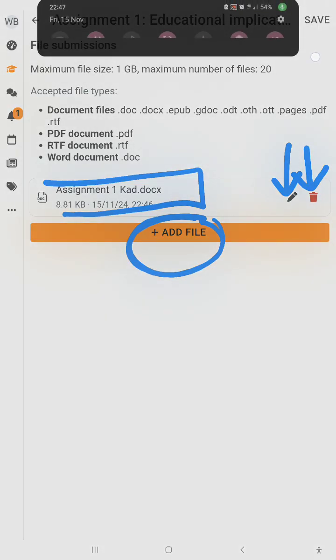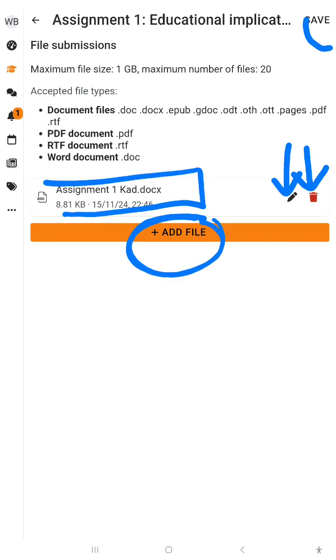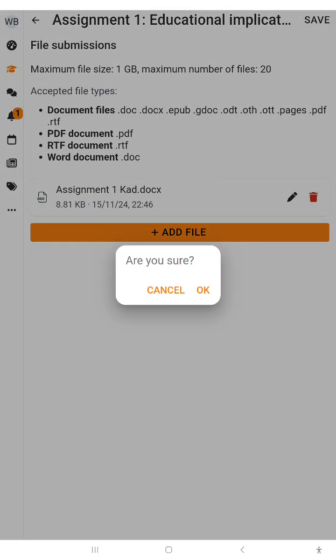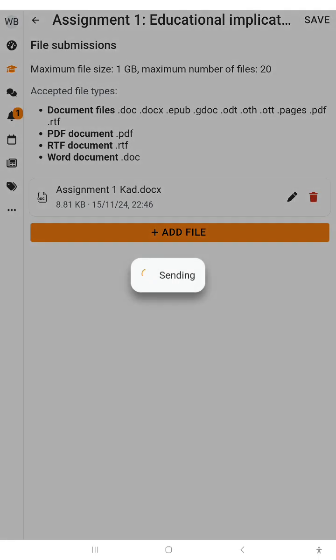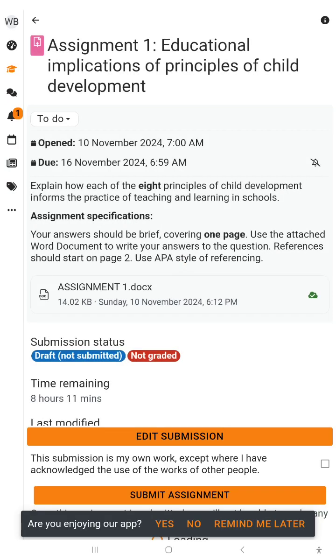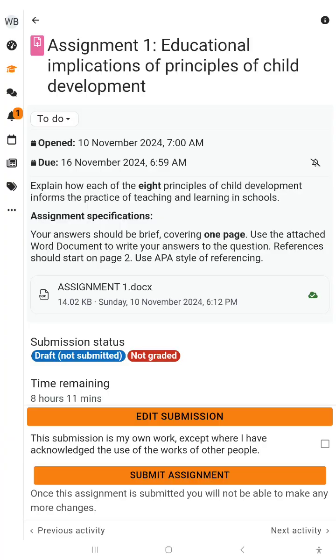So we come here, and looking up you see the paper icon and save. So we go to save. Okay, then it says, are you sure? Yes, we are sure. Then we click OK. All right, so it's sending. It may take some time. Now you find here now and then it may bring in some words there. So there it says here,